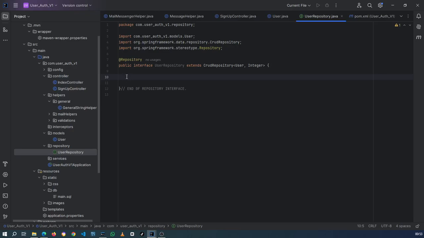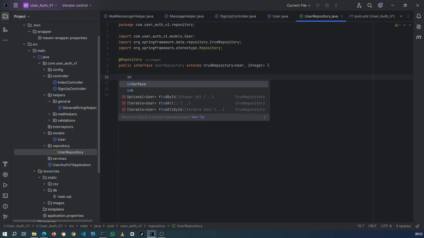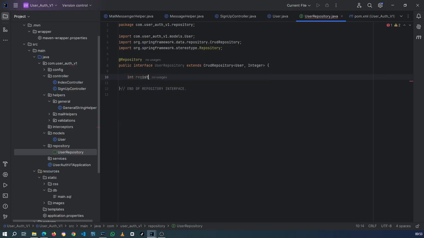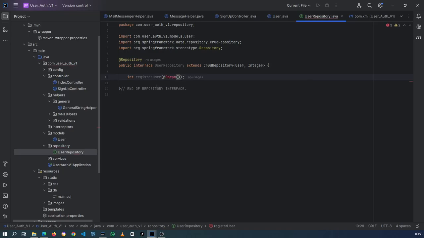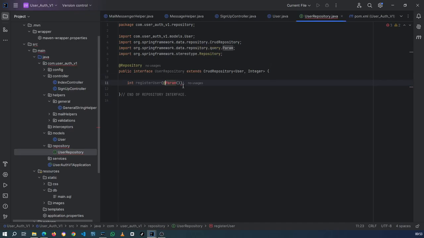Okay, so I'm only going to add for the time being the code that we need to register the user. The others we will add afterwards, but for now I just want to make sure that we can register and do all the other stuff. So we're going to return an int. We're going to call this registerUser, and then we're going to add our parameters. So this is going to be first name,